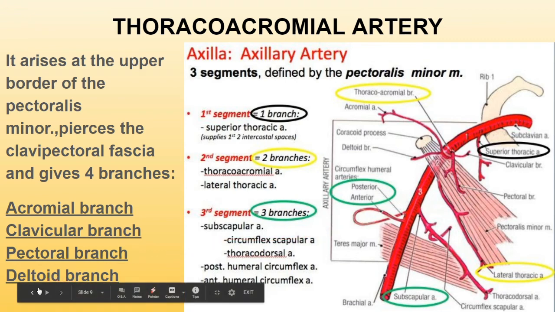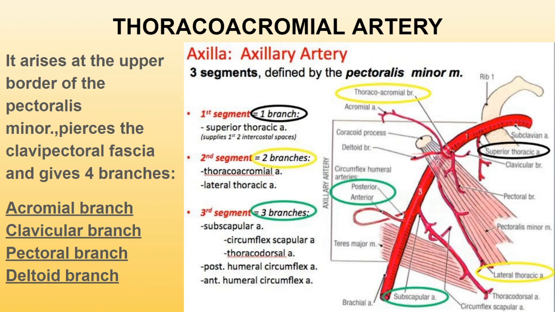Now the deltoid branch. Deltoid branch over here, as you can see, and this branch actually runs in the deltopectoral groove along with the cephalic vein. As the name says, deltoid branch, it will run in the deltopectoral groove and it runs along with the cephalic